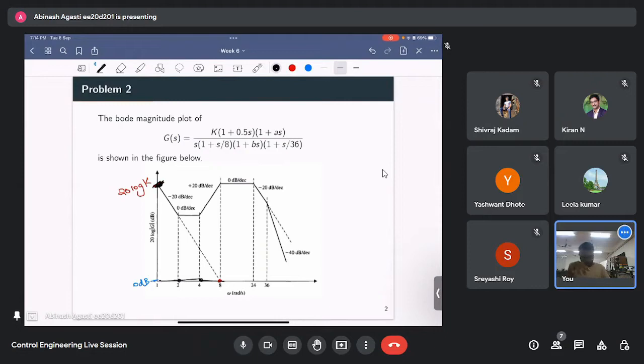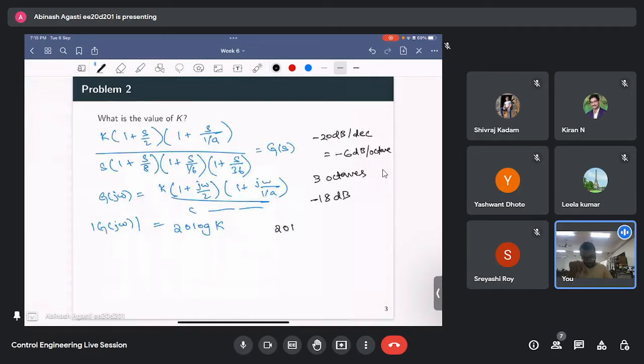That means, we are saying in 3 octaves the fall would have been minus 18 dB. So that means 20 log k is equal to 18 dB. So this implies k is equal to,